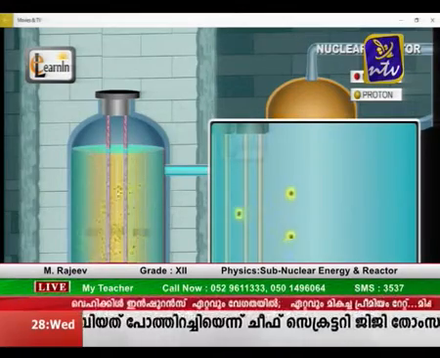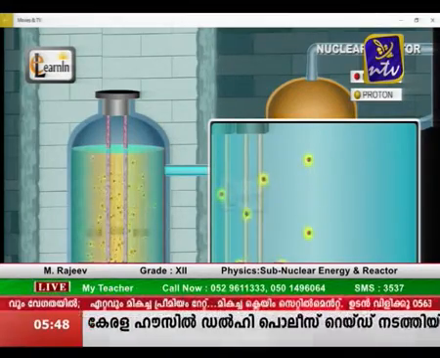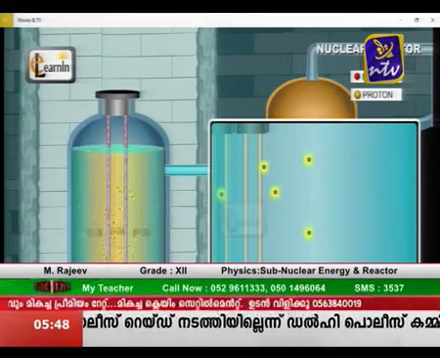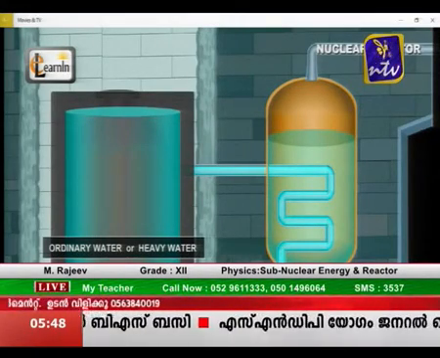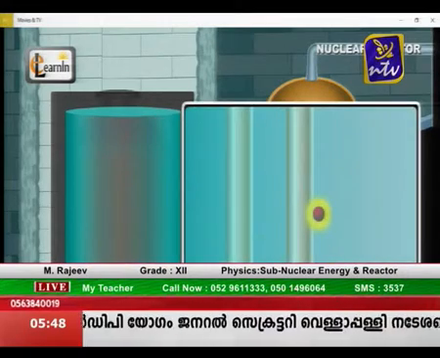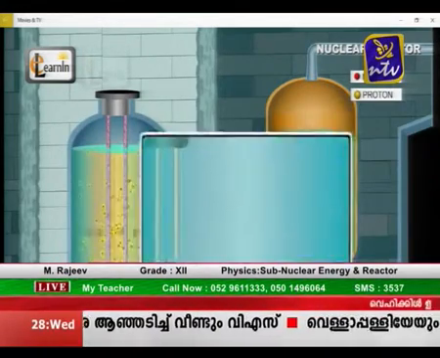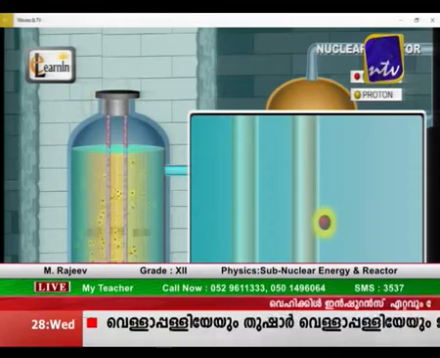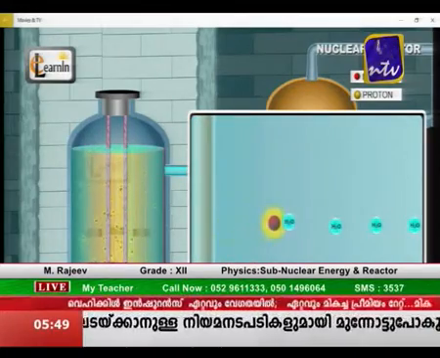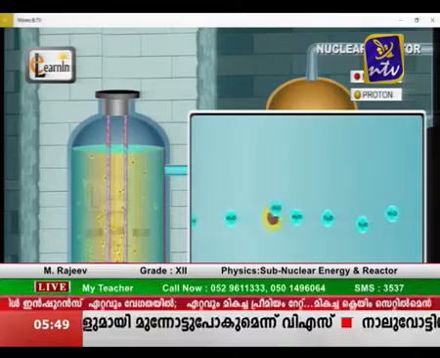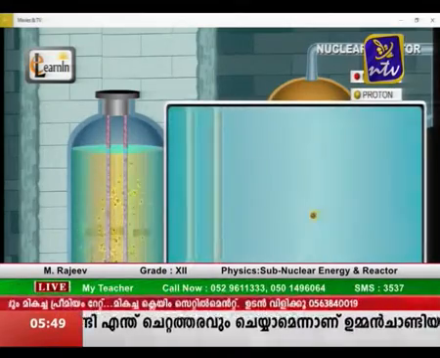Moderators have the capability to slow down, or in other words, moderate, the speeds of these high-energy neutrons so that they can in turn be used for a chain reaction to trigger multiple fission reactions of other uranium-235 nuclei. Commonly, ordinary or heavy water is used as a moderator in nuclear reactors because of the deuterons present in them, which are capable of slowing down the neutron speed. Water molecules in the moderator are useful in slowing down the high-energy neutrons, which leave the fuel element after nuclear fission. These high-energy neutrons collide with water molecules, thereby losing out on some energy with every collision and therefore slowing down substantially. A new fission reaction can now be triggered using this slow neutron by striking it with a fuel